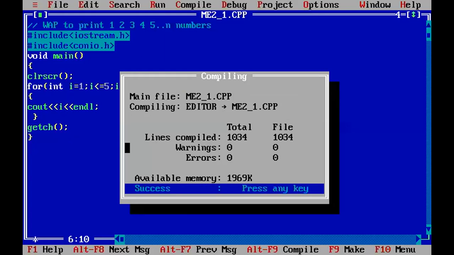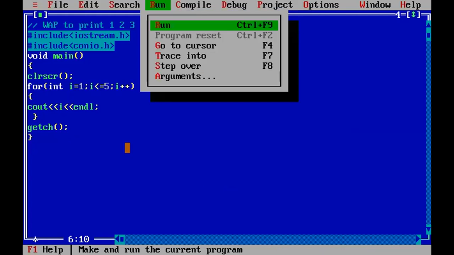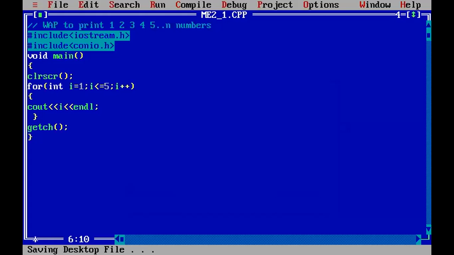Then I will compile it. There is no error. Then run the code. Then 1, 2, 3, 4, 5. Right? If you want to use your decrement, then in the same program, if I want to print numbers in